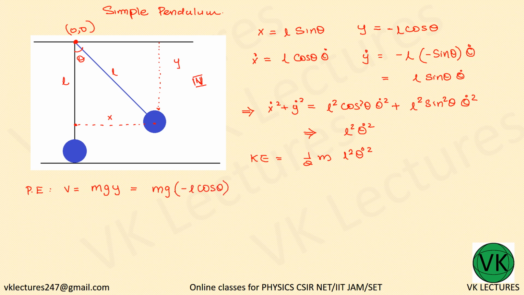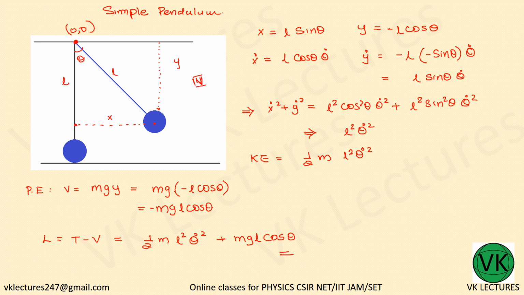So that becomes minus mgL cos theta. Now the Lagrangian is nothing but T minus V, which gives us half m L square theta dot square plus mgL cos theta. So this is the Lagrangian